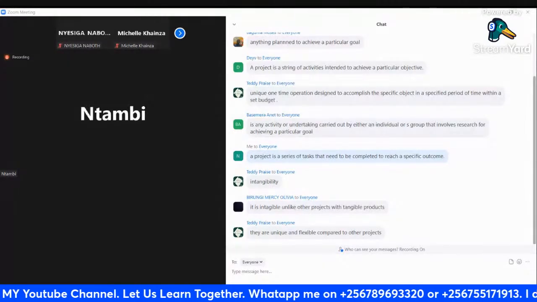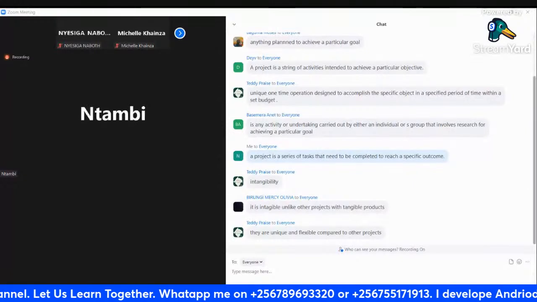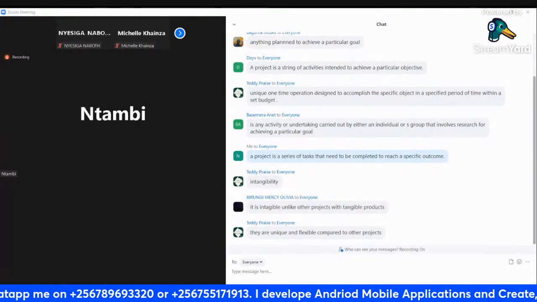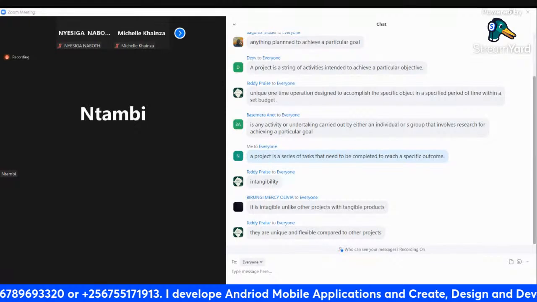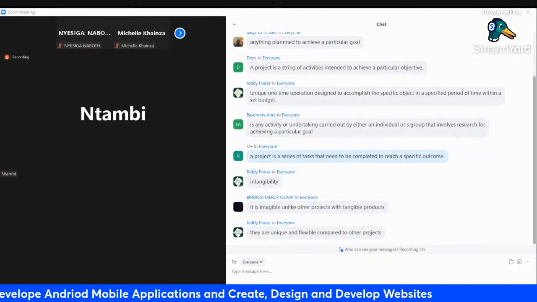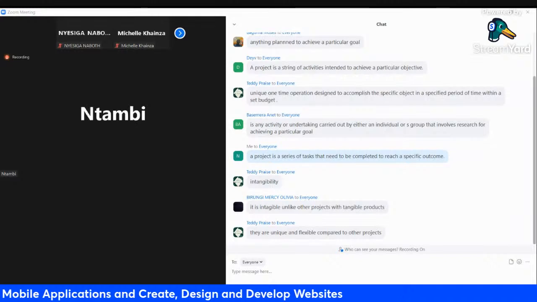What we defined was the project, but we haven't defined what to call project management, because we are discussing project management. So how would you define project management? You define this one by saying that project management is a collection of related,